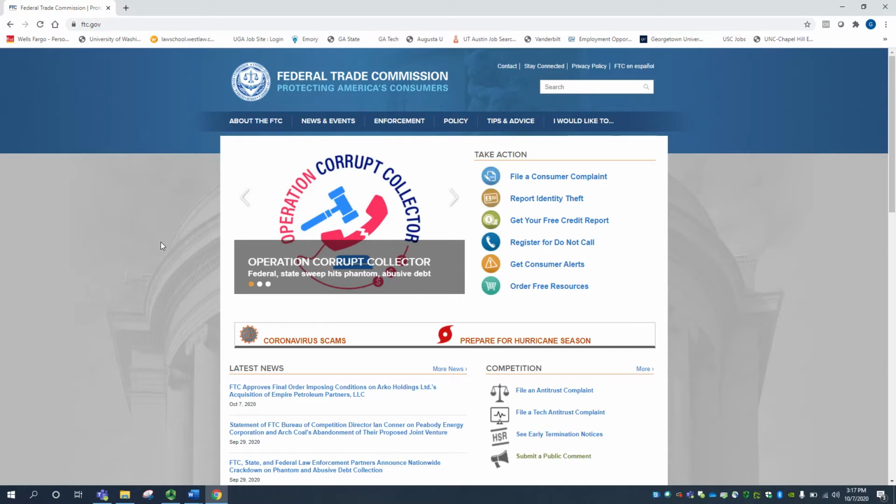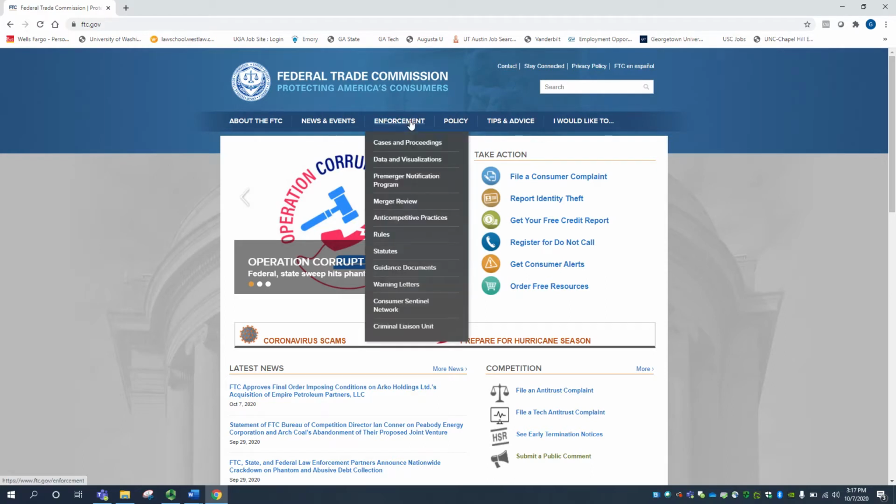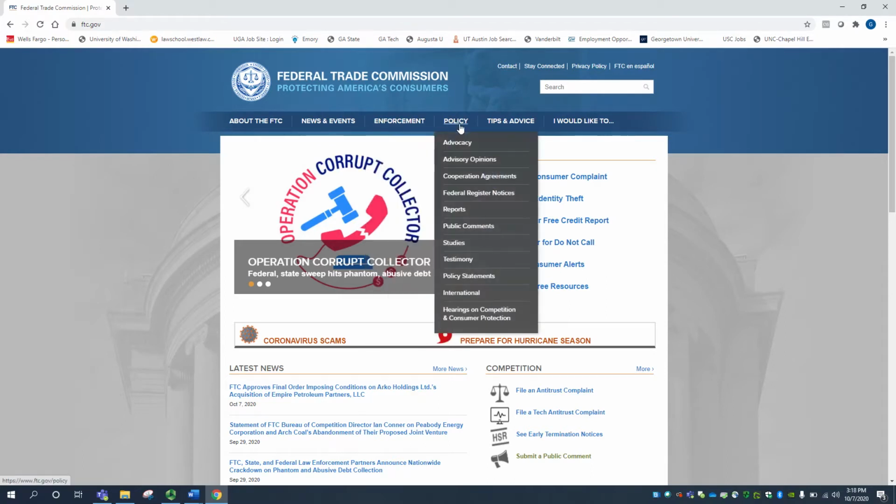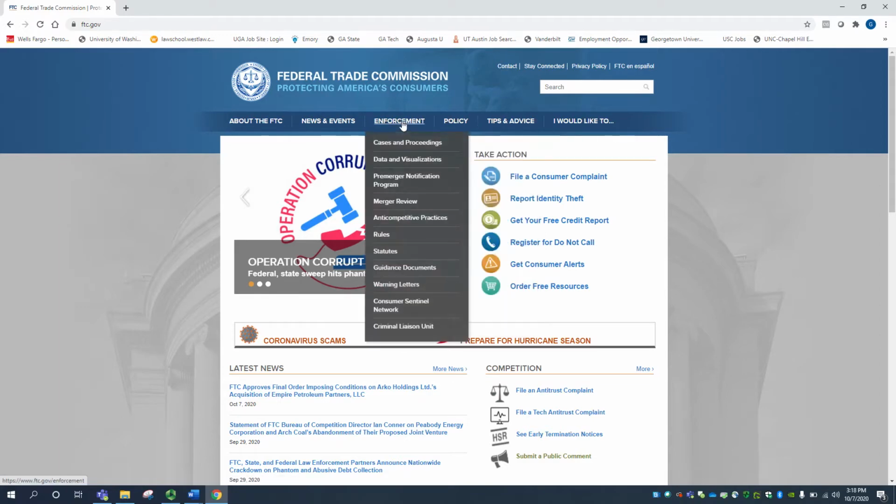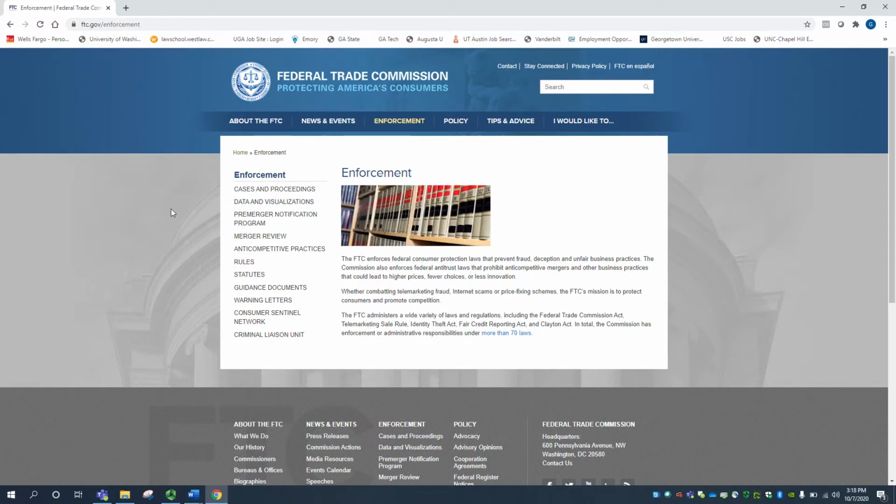Here we actually have two different regulatory portals, each with sort of a different focus. So our first one is going to be this enforcement section, and our second one is going to be policy here. So we'll go ahead and navigate to enforcement. And on this enforcement page, you can see that it collects just a wide variety of different administrative materials that are created by the FTC in this process of enforcing its statutes and enforcing its regulations. We don't really have time to go over all of these, so we're just going to try to focus on administrative decisions and guidance documents because those are just really important categories of administrative law materials.